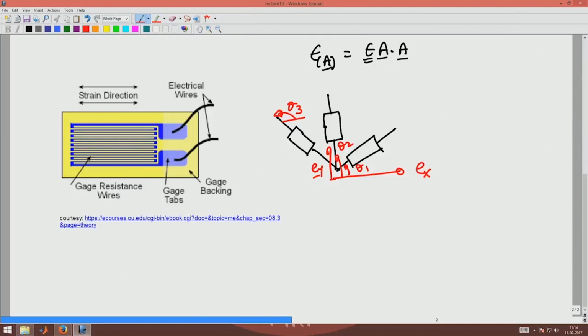In other words, if I had to find epsilon x star 1, which is for this theta 1 direction,